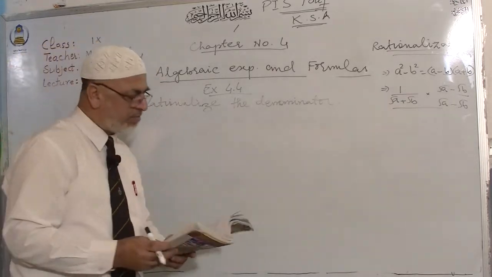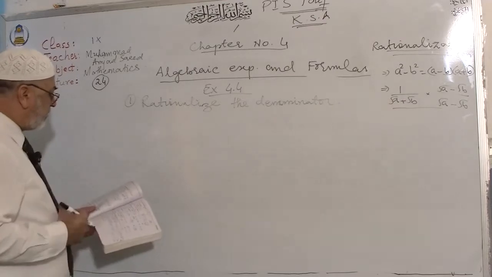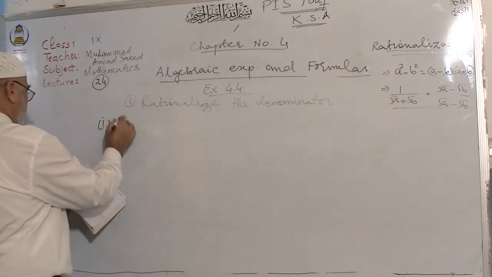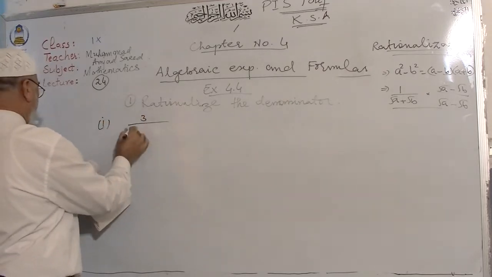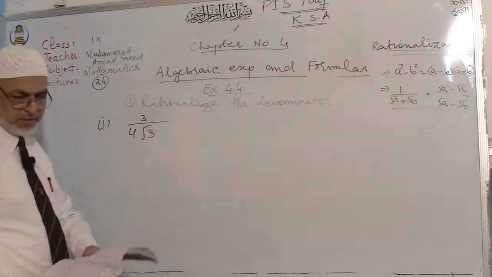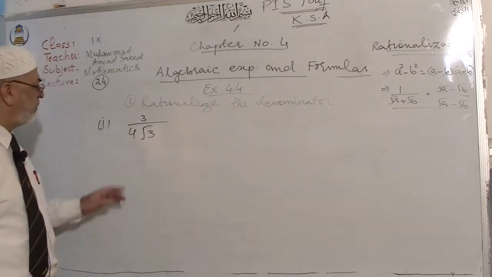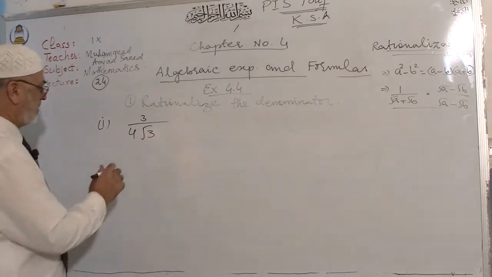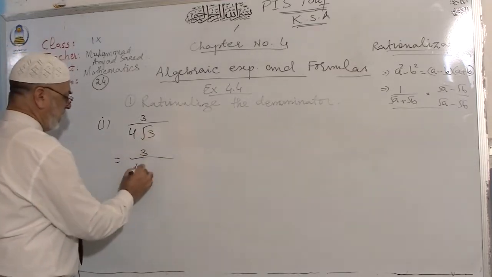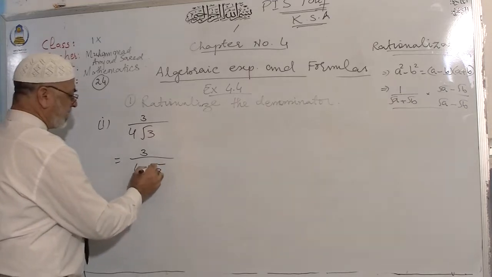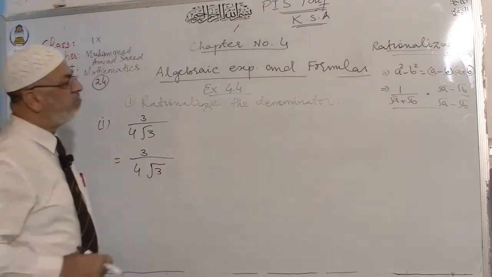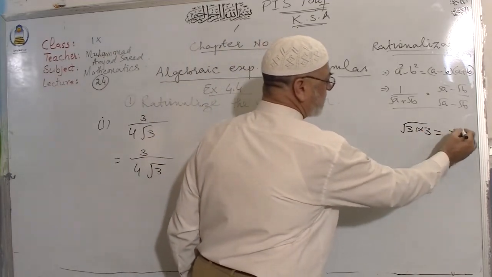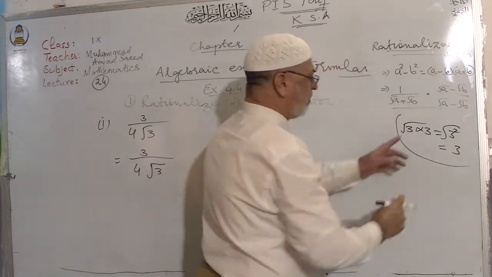So we have question number 1. Points number 1, 2, 3 are similar. So first of all, check part number 1: 3 over 4 into root 3. Remember that we have to remove this square root of 3 from the denominator. It's very easy, and you know that a double of any number inside the square root sign will make it square under root and the number will be outside the square root sign.